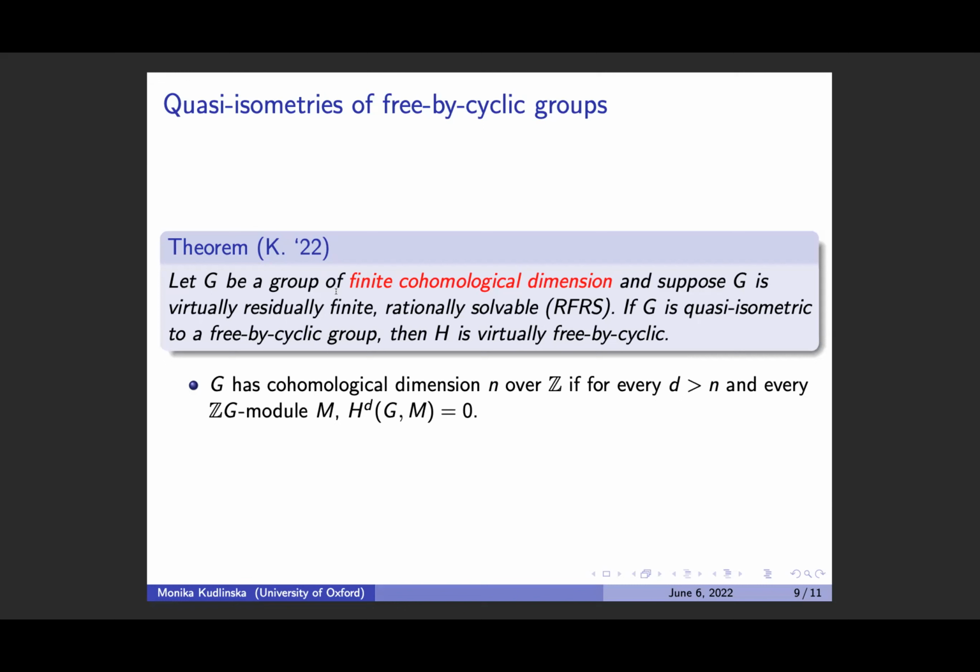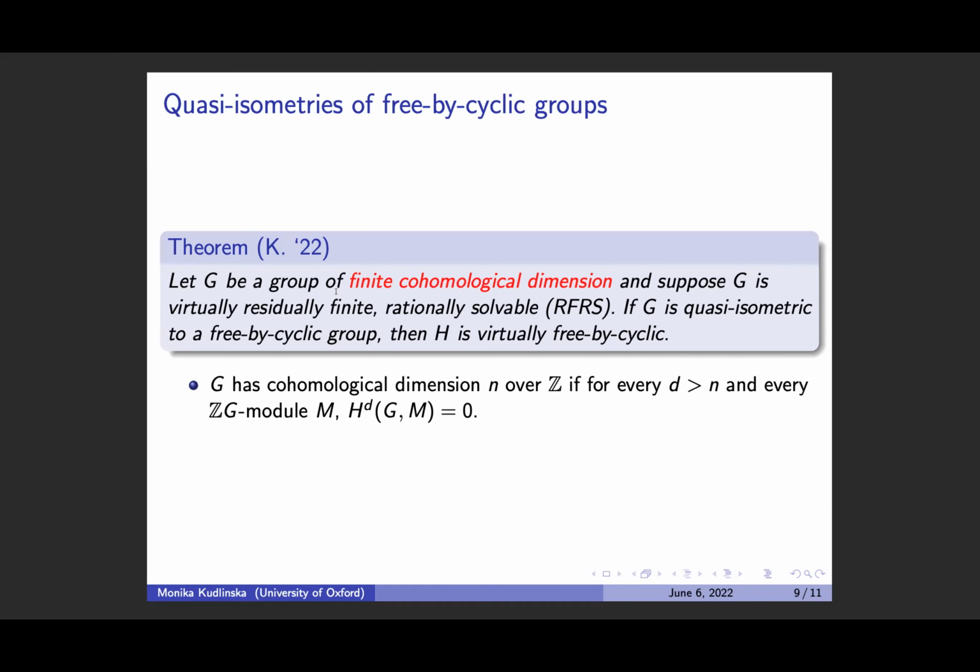Okay, so this is maybe a little much to take in, but you can think of this, so any group with a finite classifying space, say, fundamental group of a spherical manifold of any dimension, sorry, will have finite cohomological dimension. So non-examples are finite groups,